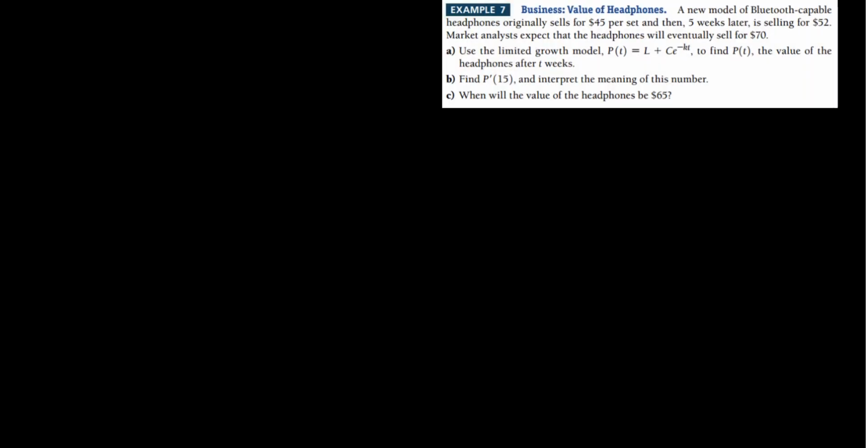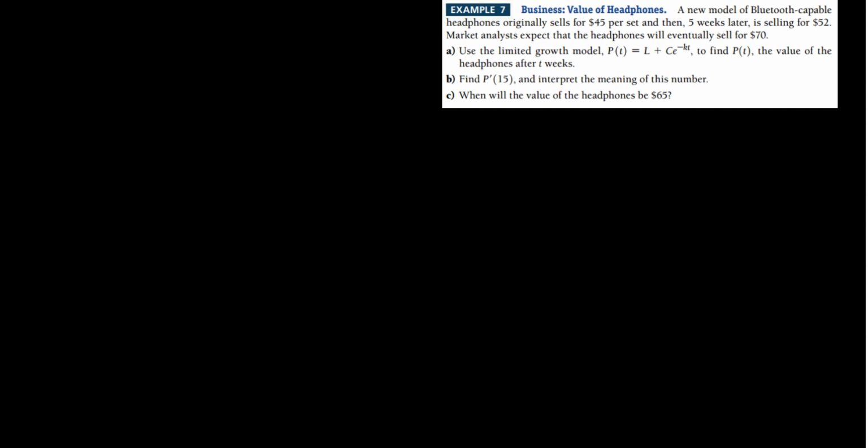Alrighty, so a new model of Bluetooth capable headphones originally sells for $45 per set, and then 5 weeks later is selling for $52. Market analysts expect that the headphones will eventually sell for $70. Part A reads, use the limited growth model, seen there, to find P of T, the value of the headphones after T weeks. So in order to figure out that equation, we need to find, well, let's just write